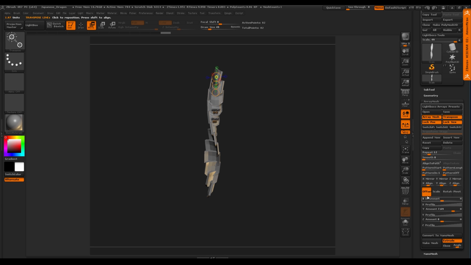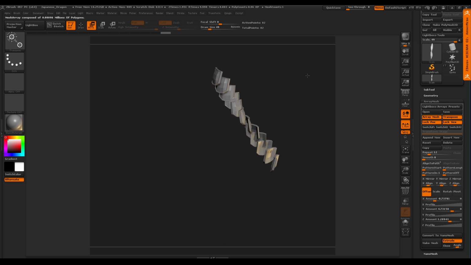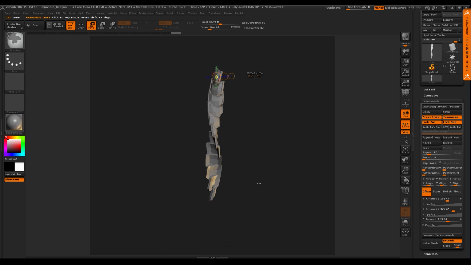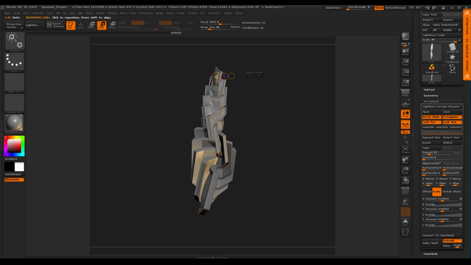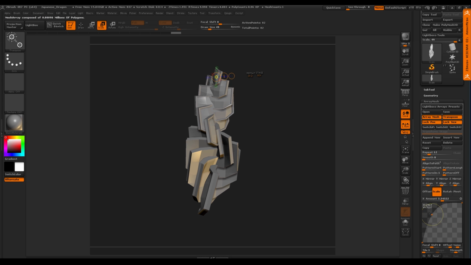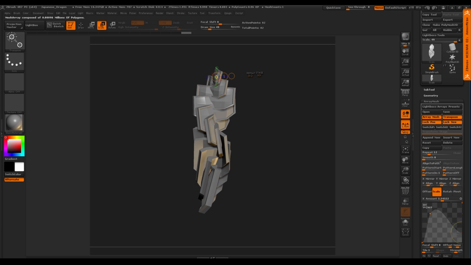So move deals with offset. So if I start, say, going in this direction, you can see I can start offsetting in any direction that I want, right? And then your scale is also going to relate to this scale. So now if I'm scaling along this, you can see it scales along the actual array that's happening. Okay, and you can see I'm doing uniformly scale. And then you have your graphs to make some really crazy here. I want it wider there, and then skinnier down here, wider in the middle, and skinnier at the tip again.